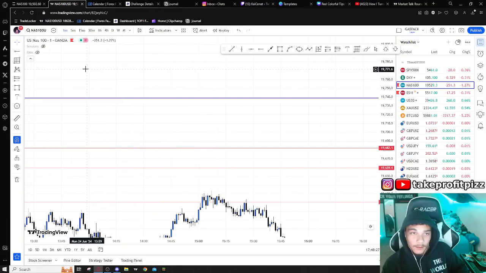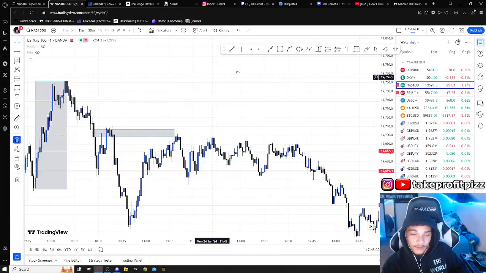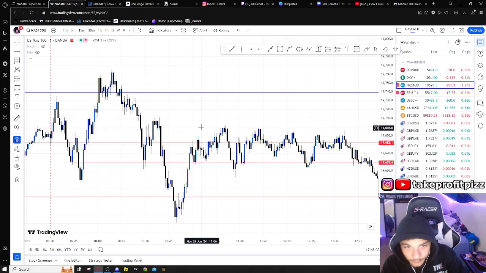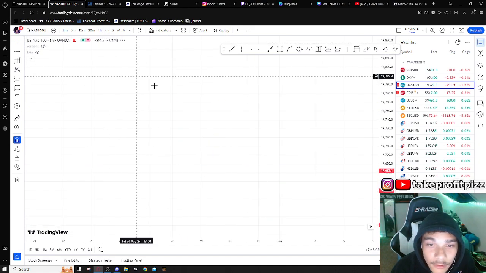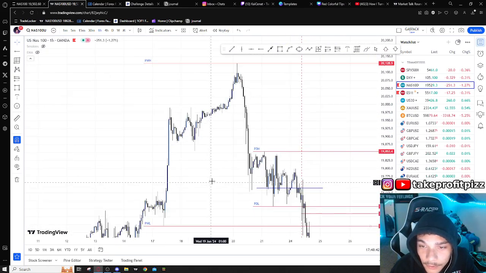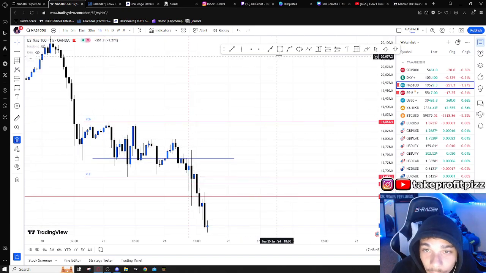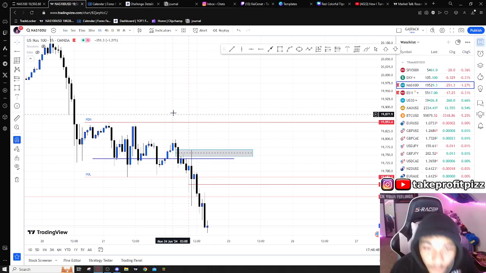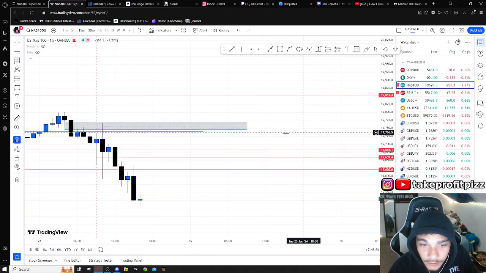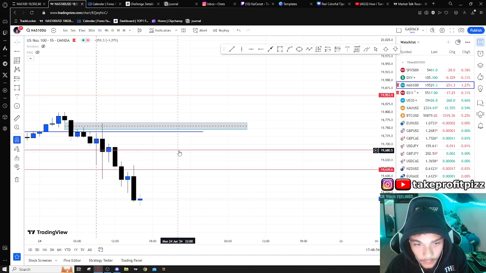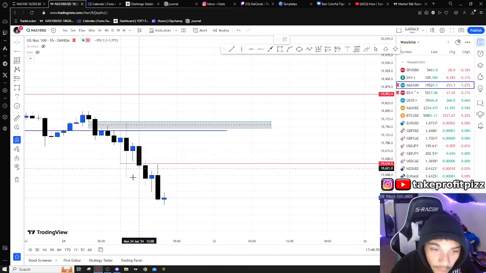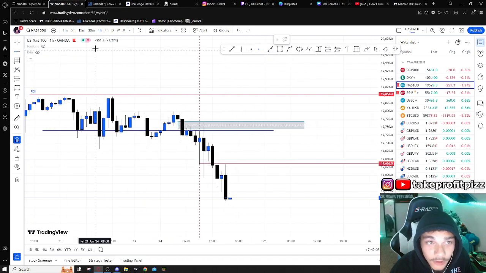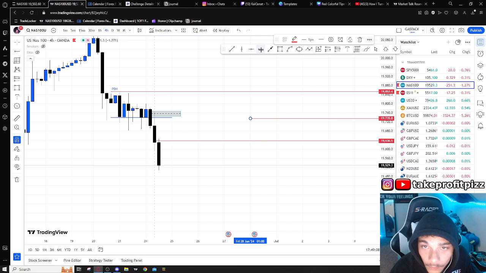So all I did really today was this. Waited for it to grab liquidity, knew our bias was bearish, came up on the higher time frame, waited for it. I had this fair value gap marked up, so I was waiting for this liquidity to get swept anyway. And if we come down to the higher time frames, we have this wick that left this liquidity right here. It left that liquidity, and then if you go into the bigger time frames, we got